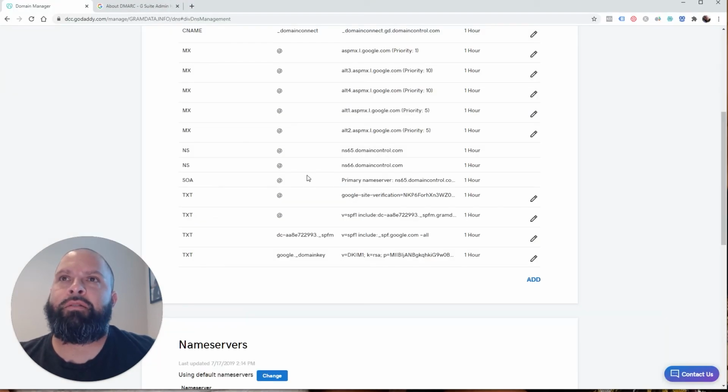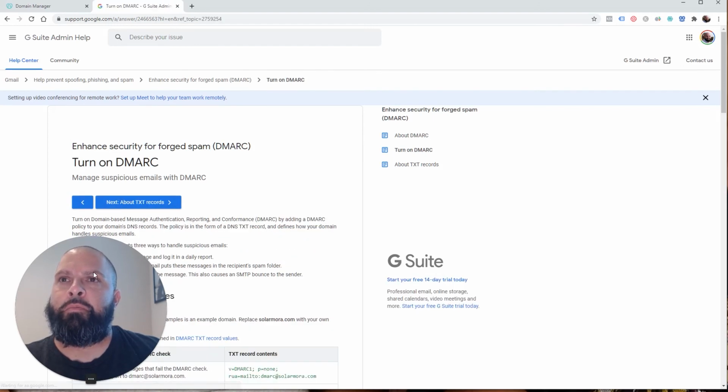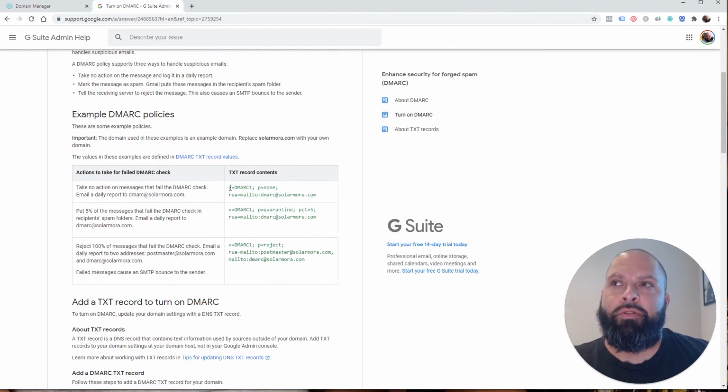So we'll come back to this screen, and we're going to go to About DMARC. Now we're going to click Turn on DMARC, and let me move myself out of the way again. Now it's going to give you 3 different options as to how to handle emails if they fail DMARC. For our reasons right now, we're just going to use the first one, take no action. So we're going to copy this,